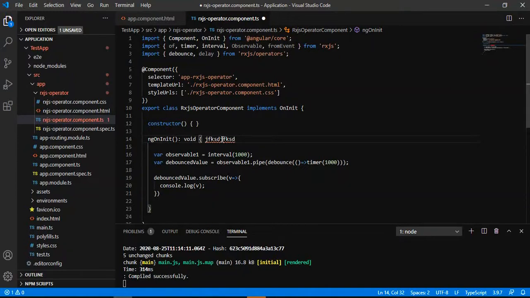So this is very helpful when you apply an API call based on a particular input. When you keep on giving the input, it will keep on storing the values, but as soon as you stop giving the value, it goes to the debounce time, and once the debounce time has been completed, it will call that API. Thank you.